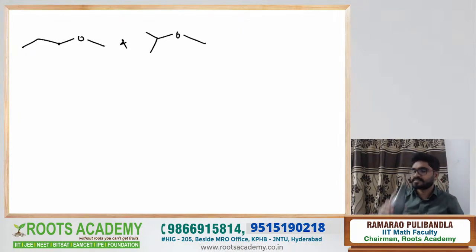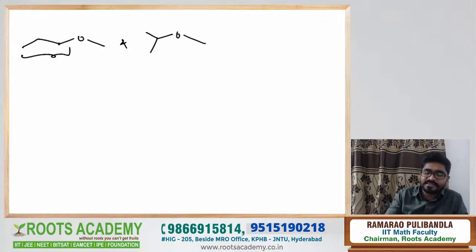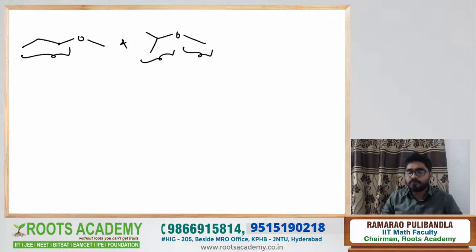Write all isomers, guys. Anyone? These two are what kind of isomers? See, here the alkyl group is propyl, here methyl, here isopropyl and methyl. The alkyl group is different, so they can be considered as metamers, but before that, see here for the propane, it is connected to the first carbon, but here it is connected to the second carbon. So this can be considered as position isomers also.